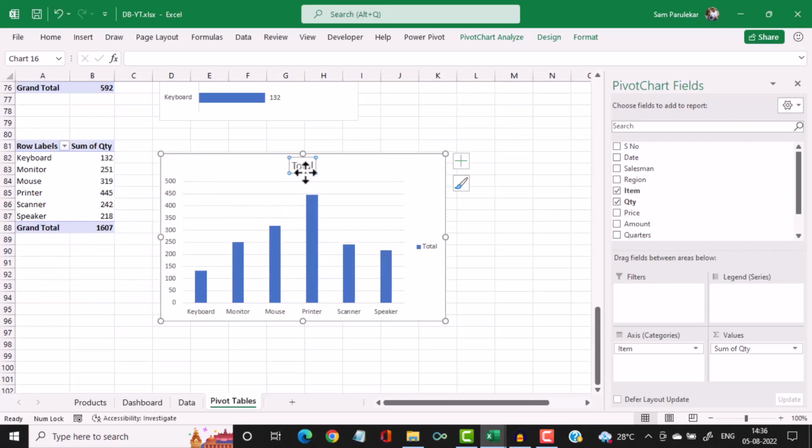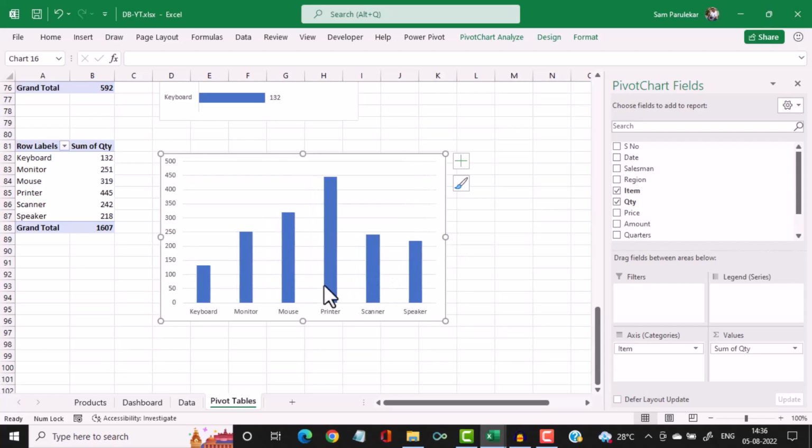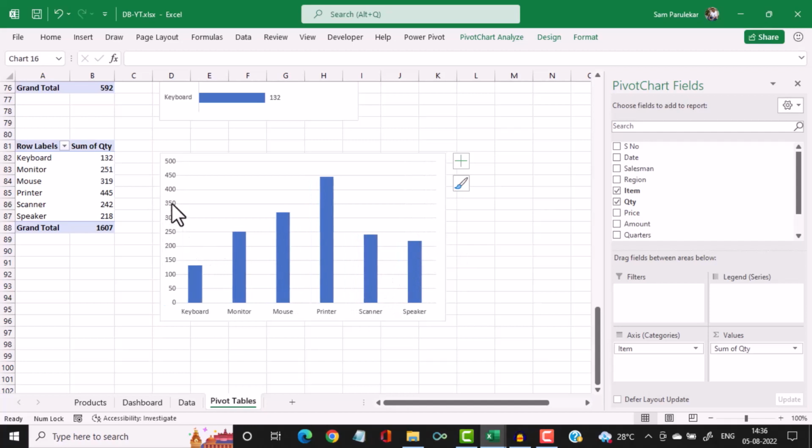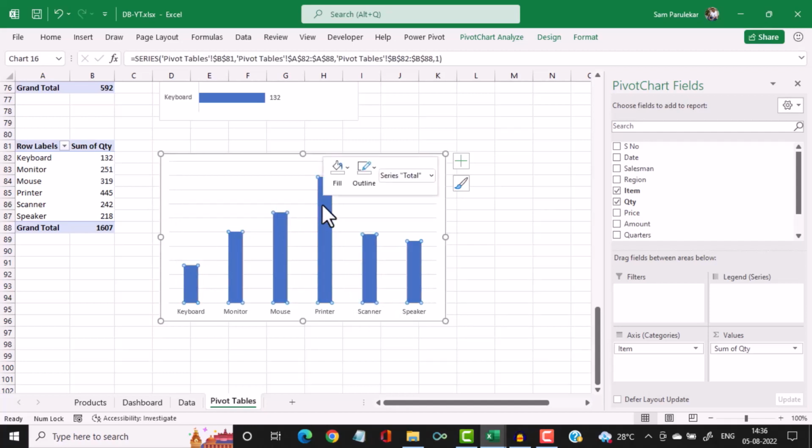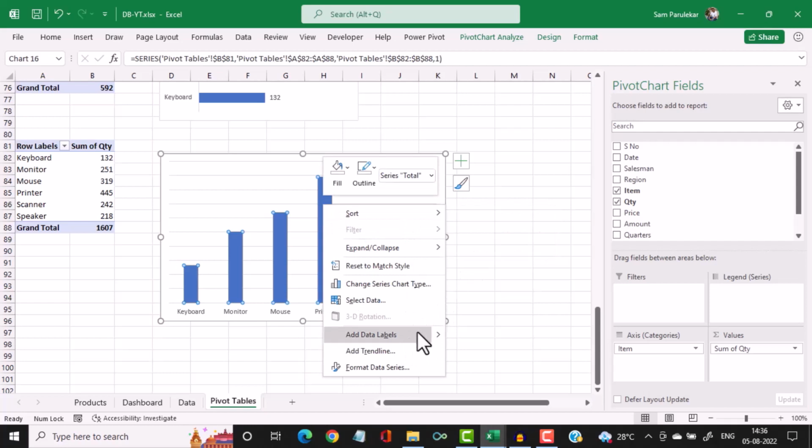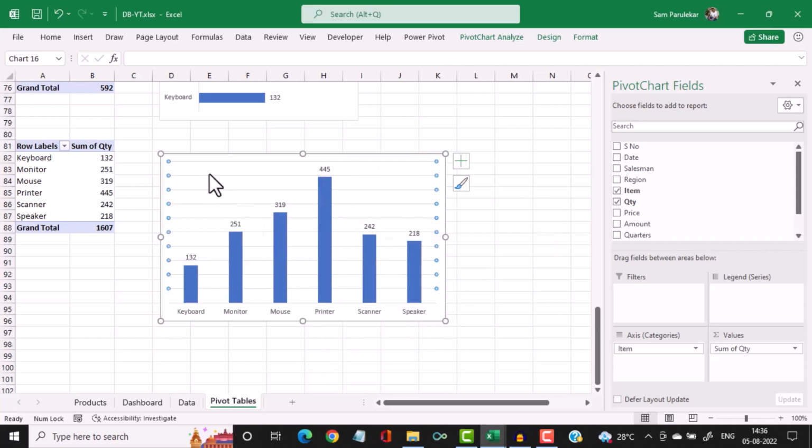I don't want the chart title, I don't want the legend, I don't want the axis title, but I want to give the data labels, and I don't want these horizontal lines, and I would like to see Ctrl C